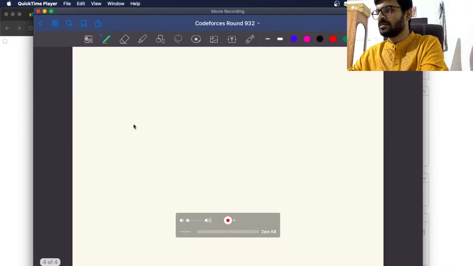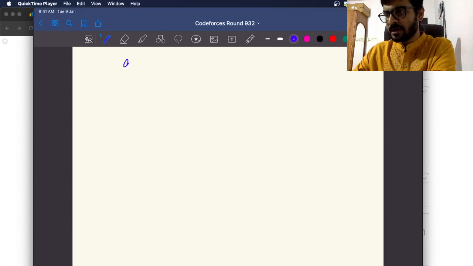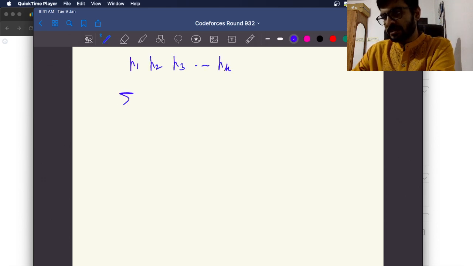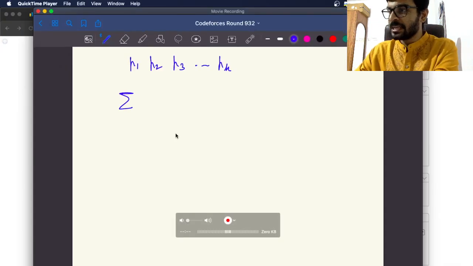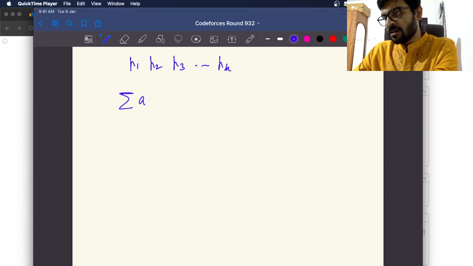So it's basically if we pick up these particular indices P1, P2, P3 up to Pk, this is the cost of those messages. I think that's what they have termed the time spent reading those messages, and we have to find the maximum set of messages possible within a given time limit. So the time for reading these messages will be the summation of A of Pi, where i goes from 1 to k,